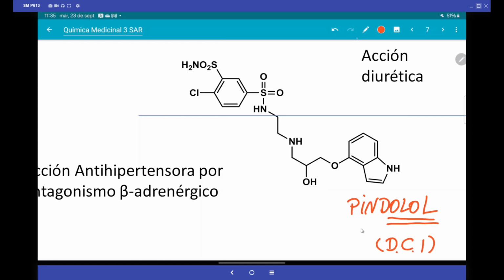And let's see this. Down here there was an arrow. That is an aromatic system, oxypropanolamine. That is the pharmacophore of a beta blocker agent. That is, it is an antagonist of beta adrenergic receptors. And therefore, if it is a beta adrenergic antagonist, that implies that this type of structure is going to reduce the work and effort of the heart by reducing the blood pressure, because the beta receptors are the ones that tighten the heart. So, if you block them, it has a more relaxed pump and not a hypertension in the body. That is why they are antihypertensive,